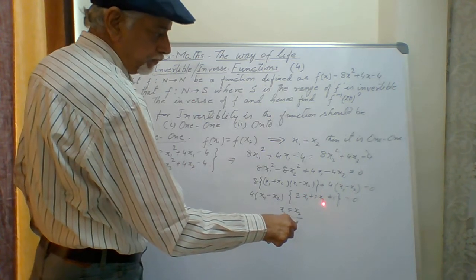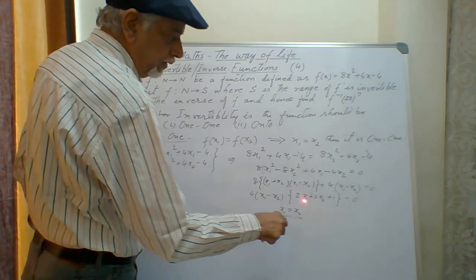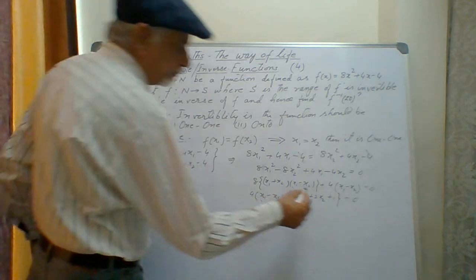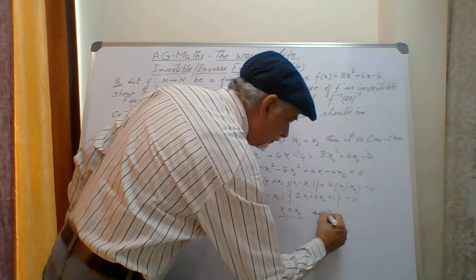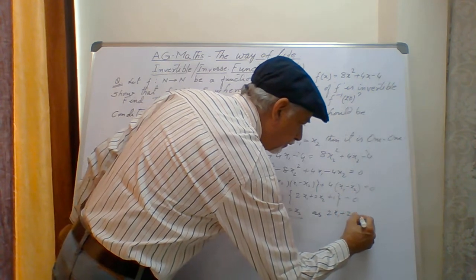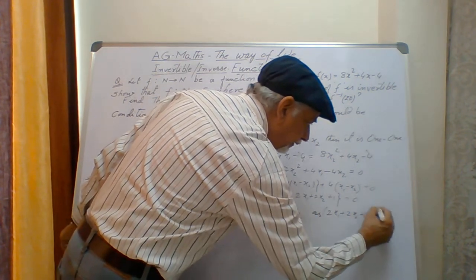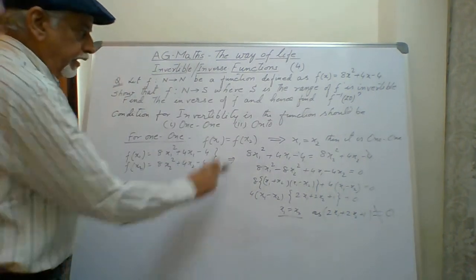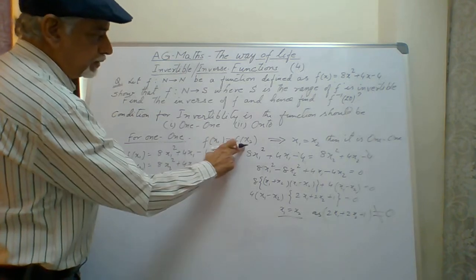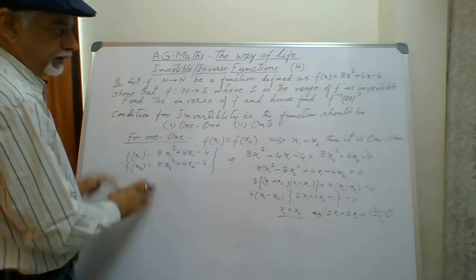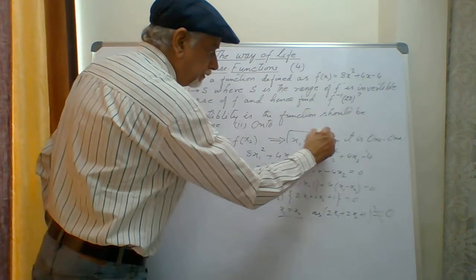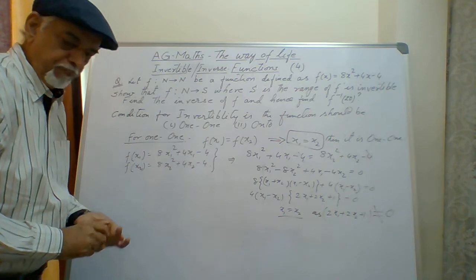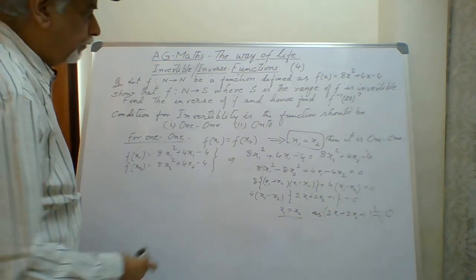It is also 1, 2, 3, 4 up to infinity. So the whole thing is positive, so it cannot be 0. So we write here that the second part cannot be 0 as 2x1 plus 2x2 plus 1 is never 0. So only one result I got, x1 is equal to x2, and this is for the condition that f(x1) is equal to f(x2) if I put in the given function, and I get only this result, then the function is decided to be one-one. So we have proved that the function is a one-one function.